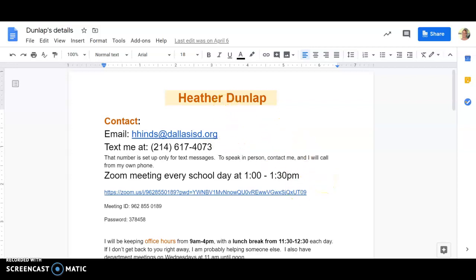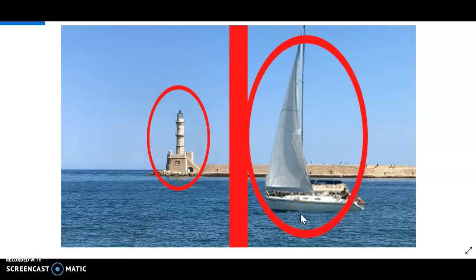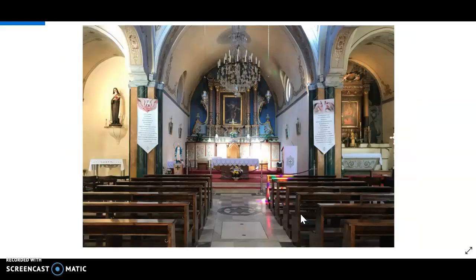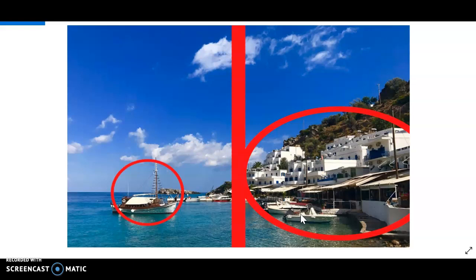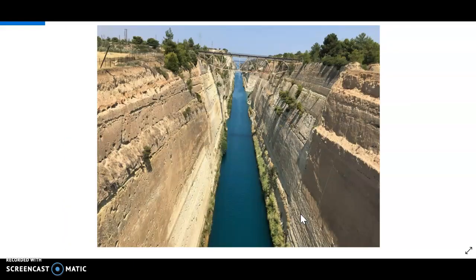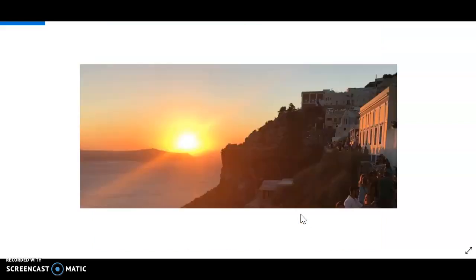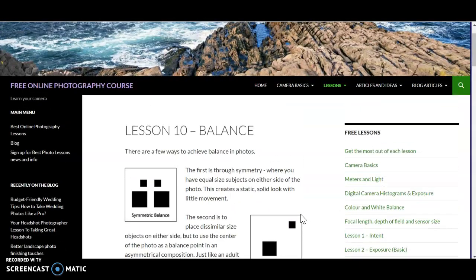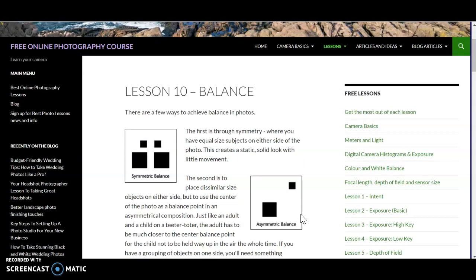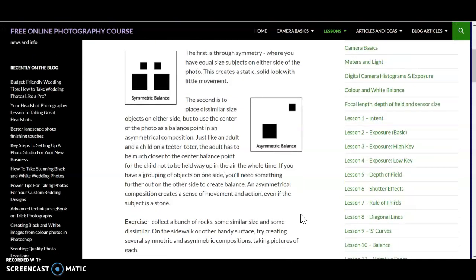I'll show you a few more examples before I head out here. These are all from my trip to Greece. So this is a nice piece of symmetry. Right down the middle, same on both sides. Asymmetry. Right down the middle, same, no. Symmetry. Asymmetry. So go ahead and take two photos, one with symmetric balance, one with asymmetric balance, and turn those in